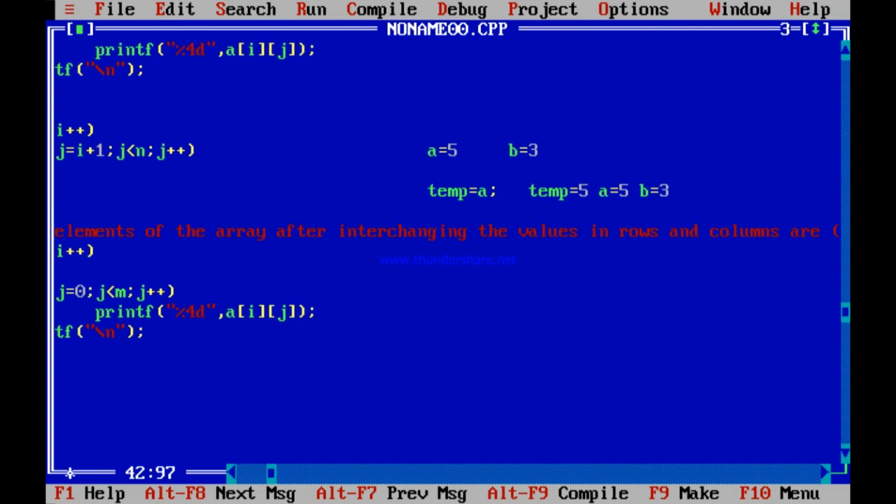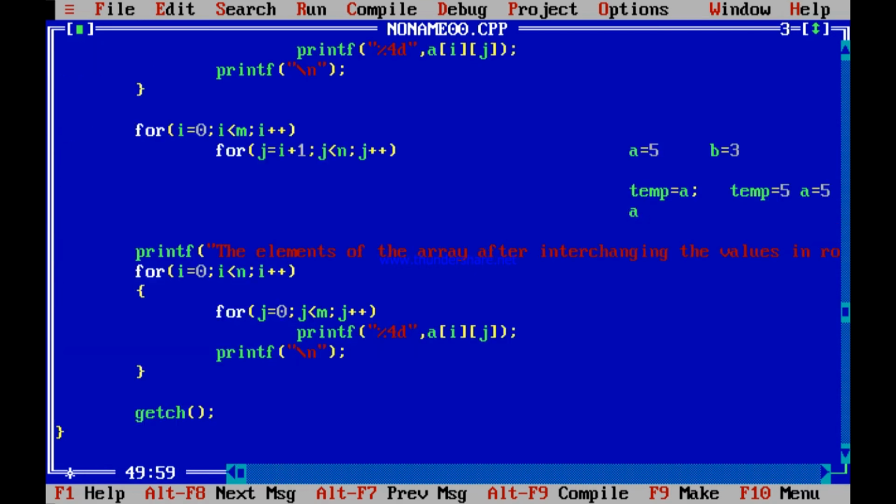See, A equal to 5, B equal to 3. So you have just used a temp for swapping. Use a temporary variable, temp equal to A. So temp equal to A means A is copied to temp, temp becomes 5. A remains 5, B remains 3. Now if you do A equal to B, then temp still remains 5 or keeps the 5 saved.